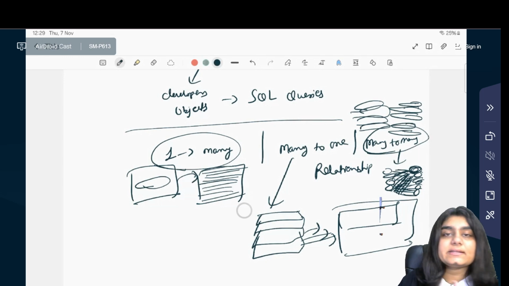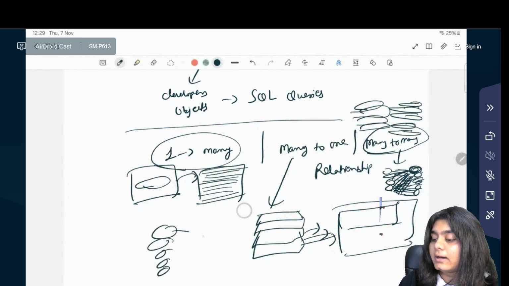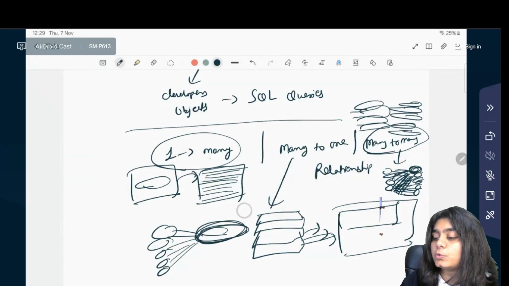Similarly, in many to one, we can take an example of many orders being ordered by one single customer, and similarly one to many, one customer has ordered multiple